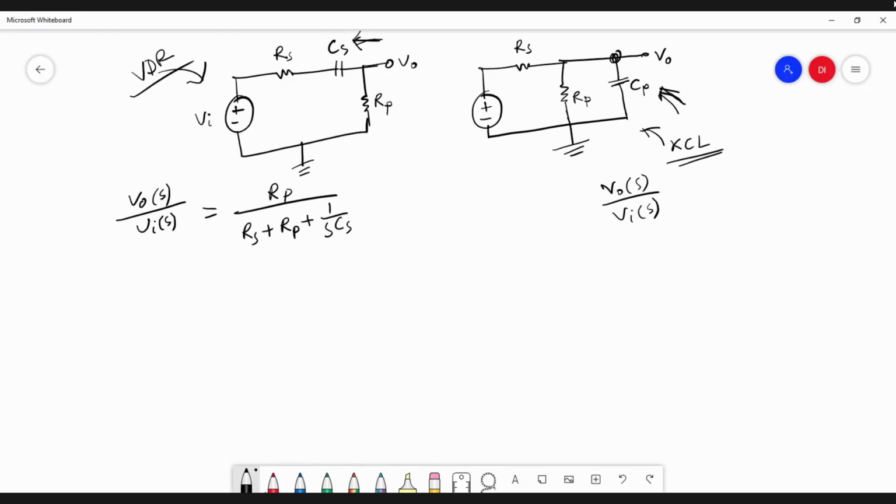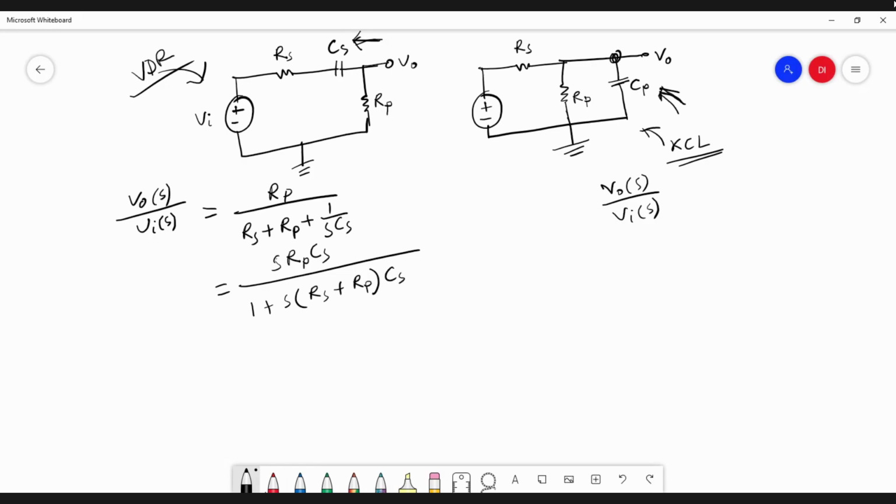Rs and Cs are in series between the input and output signals, and Rp is between the output signal and ground. So we can simplify it a bit. Then it will be sRpCs divided by